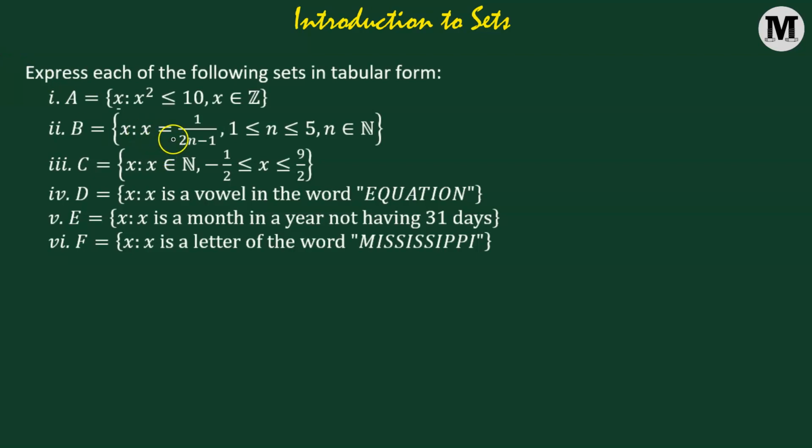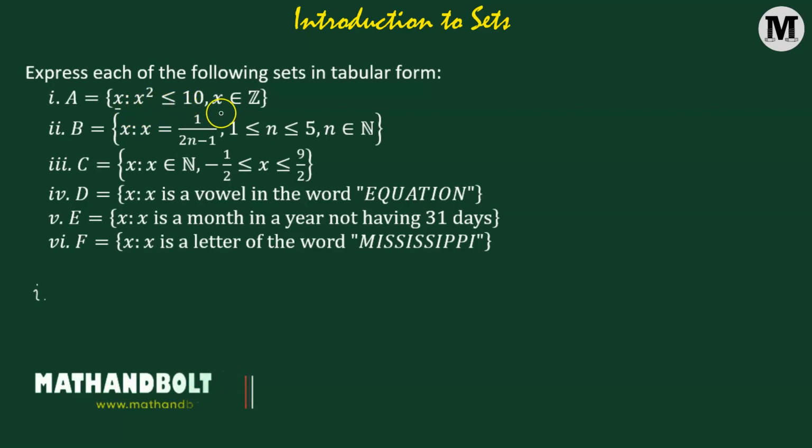So here in this problem, we need to express each of the following sets in tabular form. The sets are given in the set builder form. Let's try to first understand problem number 1. Here we have a set A which contains the elements x such that x squared is less than or